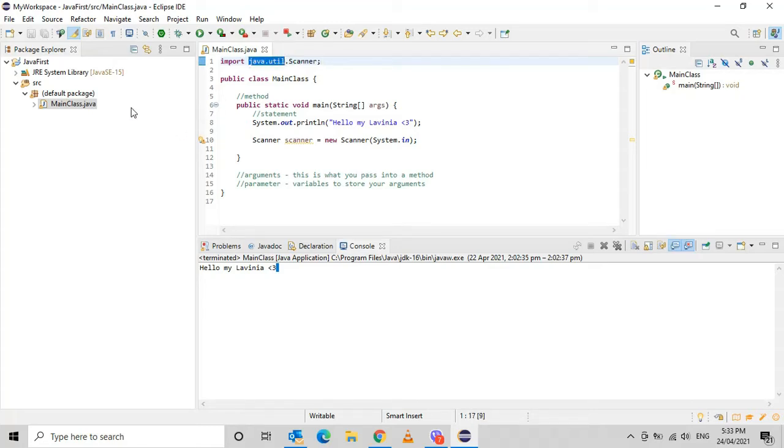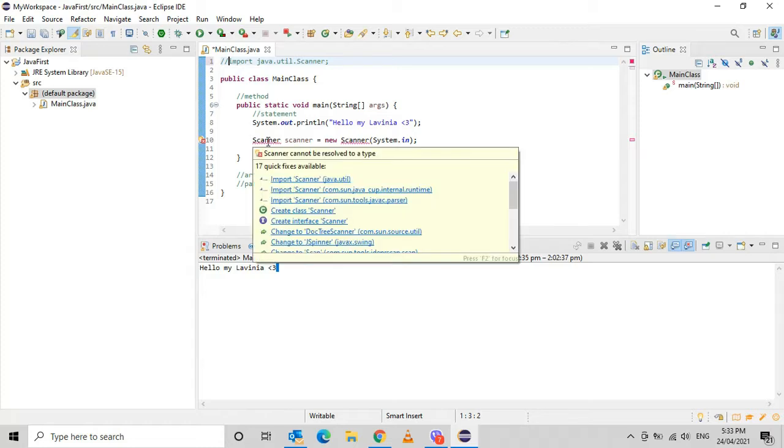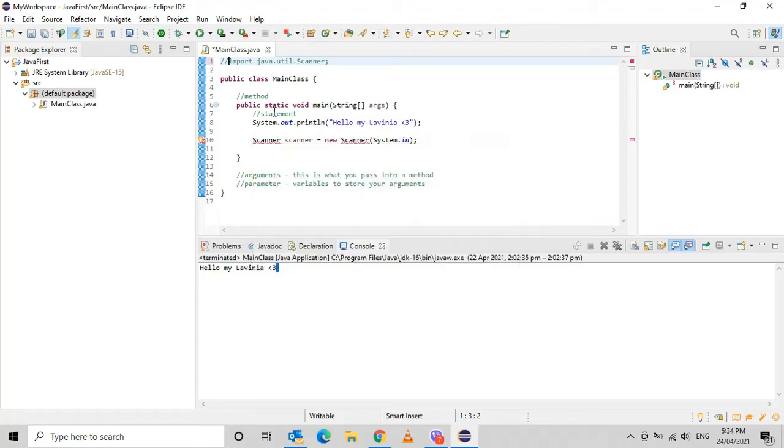So you can see here that we also have our default package for our main class, right? Because in Java, all classes come from different packages. If I comment this out, you can see that there are actually different other packages for Scanner, and they do different things. If we don't want to use this import java.util, we can actually specify the package where we want it to be read. So let's say